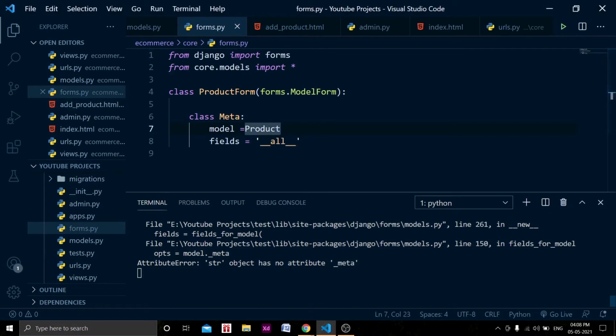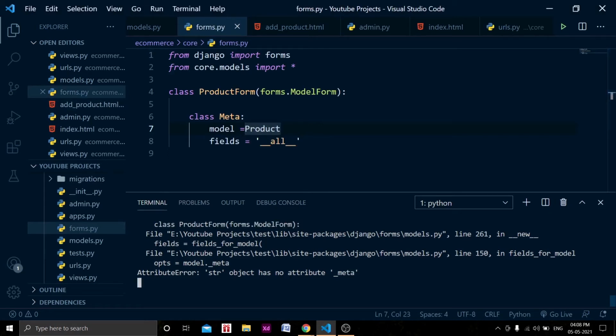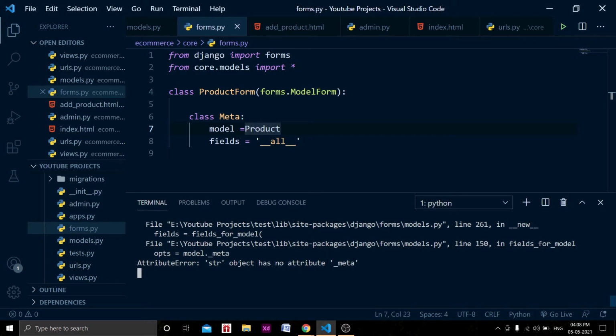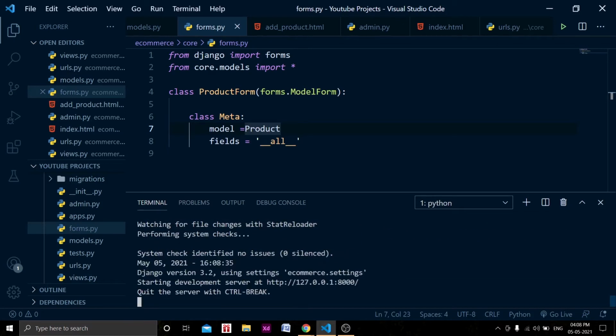I think that should work properly. Just close this one and reload, rerun the server. Okay, so the server is running perfectly. We don't have to add those double quotes in the products part. We will need that thing only.